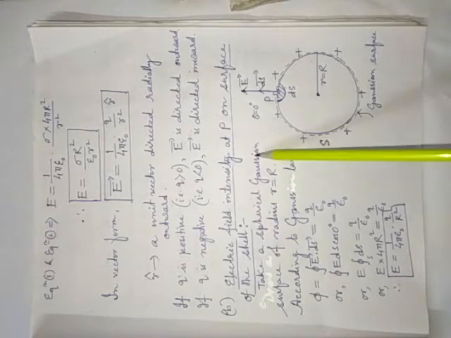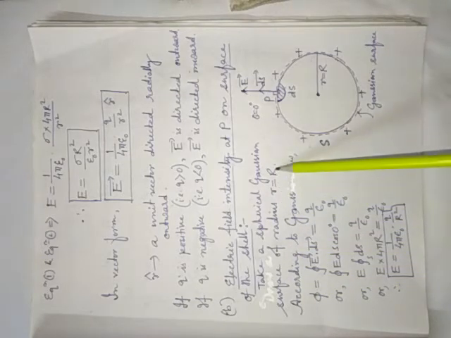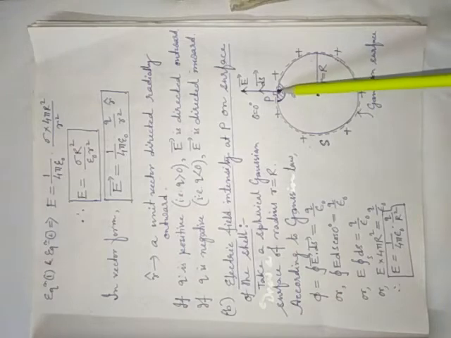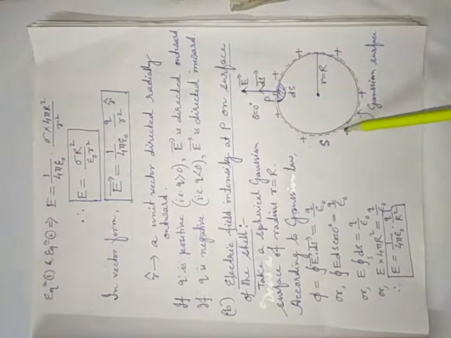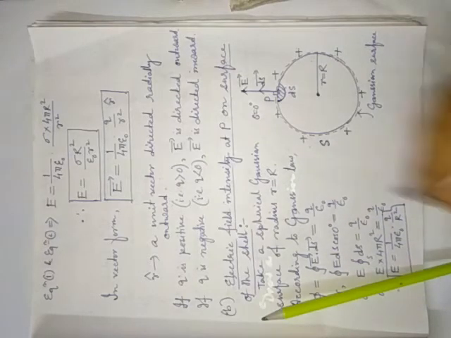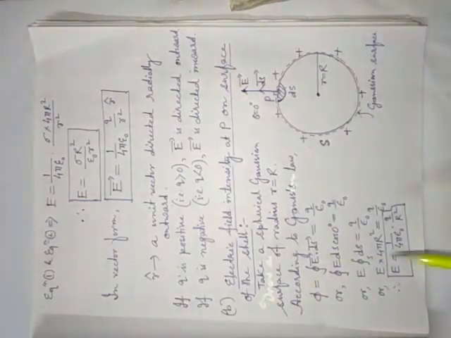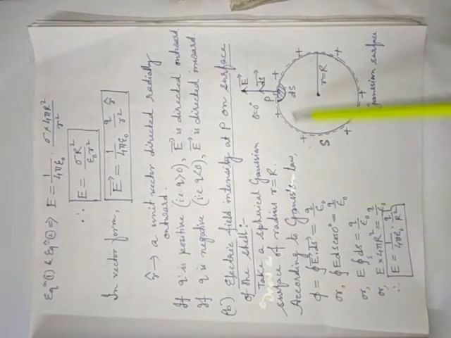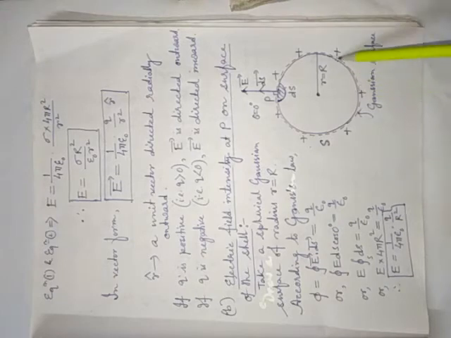Now I have written, see my note, take a spherical Gaussian surface of radius r is equal to R. Why r is equal to R? Because we are going to calculate on the surface only. That is why the Gaussian surface should coincide with the surface. According to Gauss's law, what will we get? Phi is equal to the integral of E vector dot ds vector, equal to q by epsilon naught, so E ds cos 0 degree, because parallel, equals q by epsilon naught. E is constant outside. Why is E constant? Because the radius is the same.